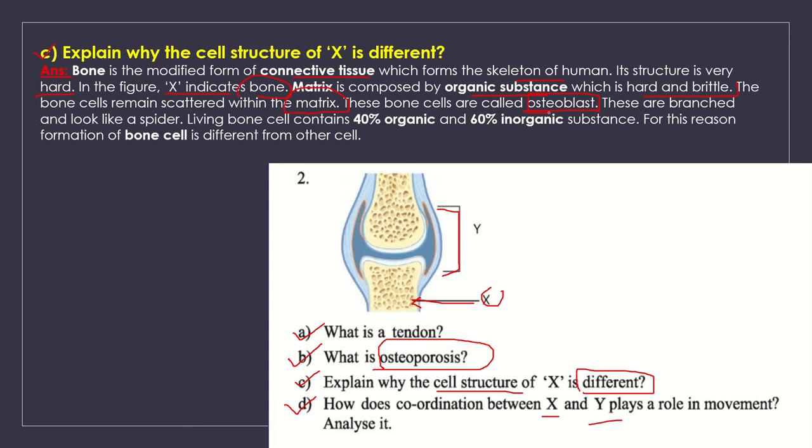You must remember that. These bone cells are called osteoblast, and these are branched and look like a spider, and living bone cells contain 40% organic and 60% inorganic substance. For this reason, formation of bone cell is different from other cells. So another answer,